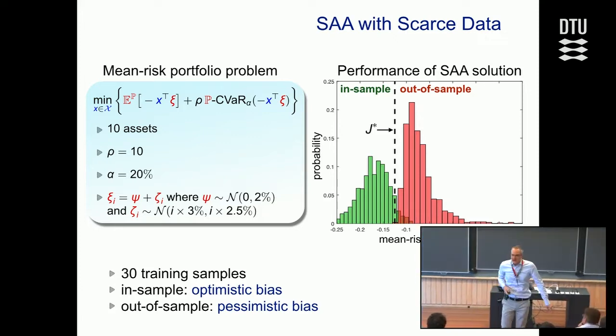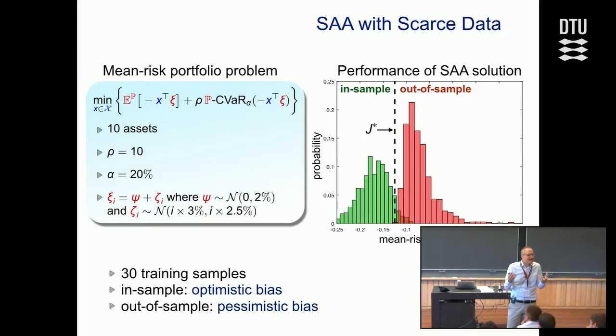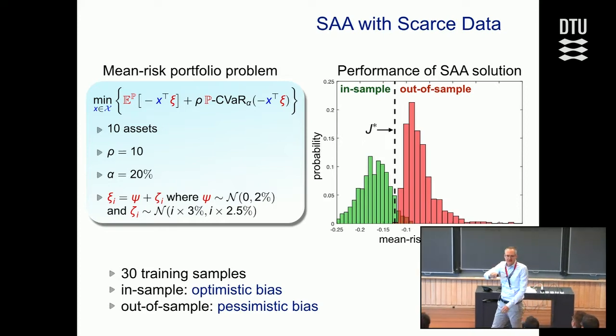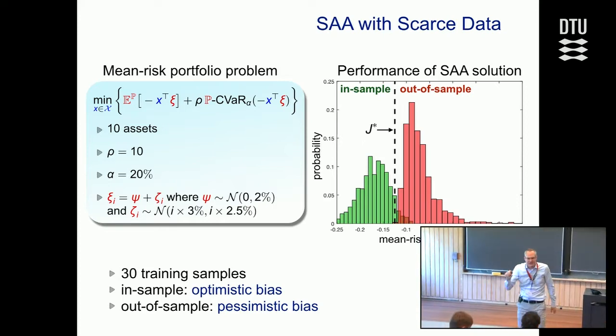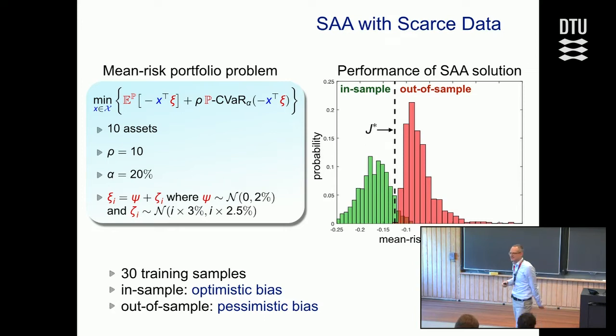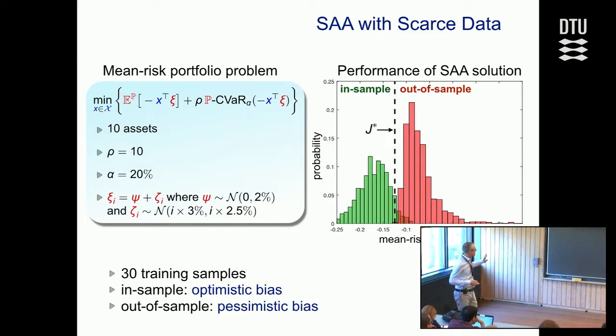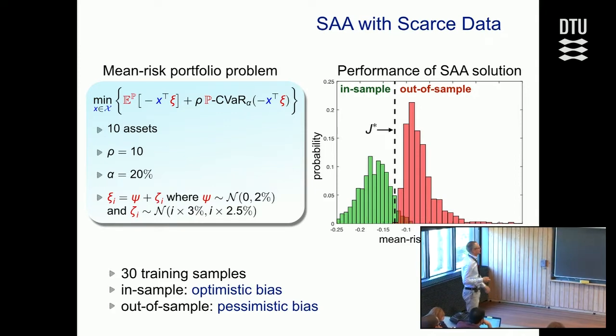Okay? So now, in summary, the green histogram is the in-sample performance of the portfolio problem. That's what the investor, when she solves the problem, thinks to get. Whereas the red histogram reflects what the investor will actually get. And there's a huge discrepancy between the two things. Huge discrepancy between what you think you get and what you will actually get. And you see that you will be disappointed, right? So that's the optimizer's curse. Okay. So the SAA does not work well if you don't have enough samples.